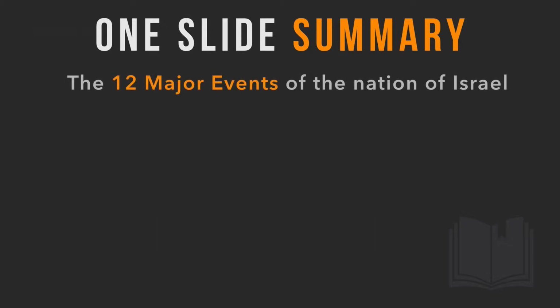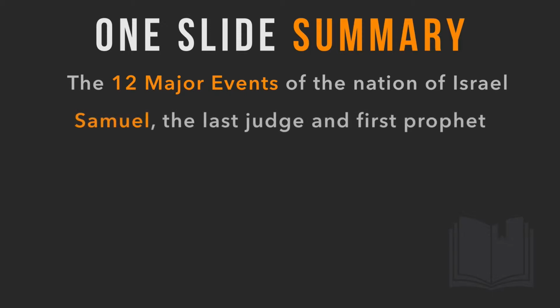We covered the 12 major events. We went over them, and we'll go over them again right now because they're so important. But the 12 major events of the nation of Israel, we reviewed those. We took a look at Samuel, his life. He was the last judge, and he was the first prophet of the nation of Israel. And he was also the transition from the time of the judges to the time of the kings, the united